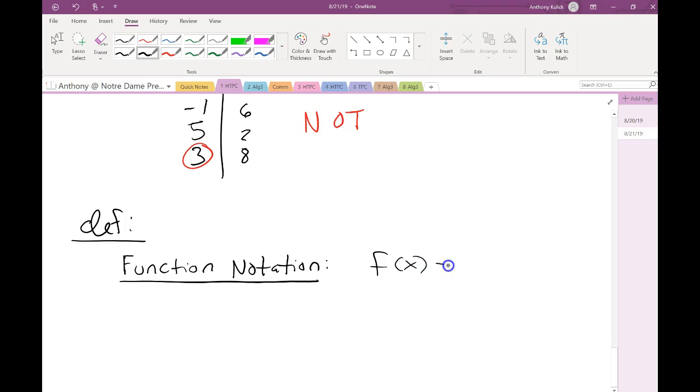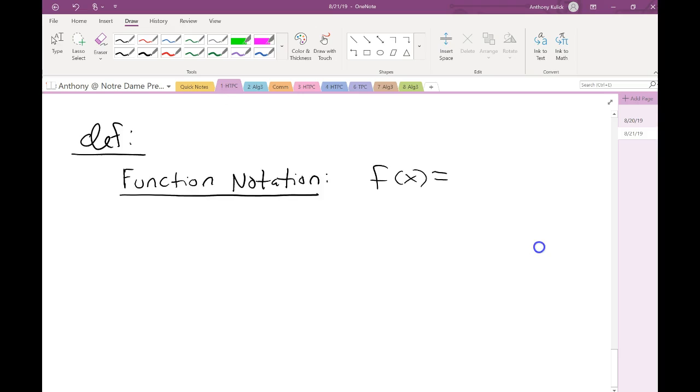So when we talk about function notation, basically we're just saying f of x equals, and then the rest of our equation, as opposed to y equals. Where this comes from